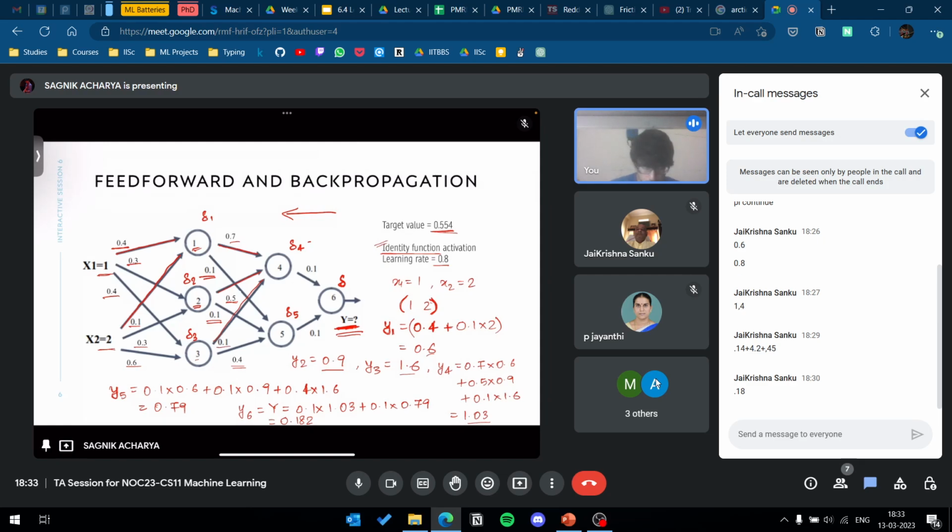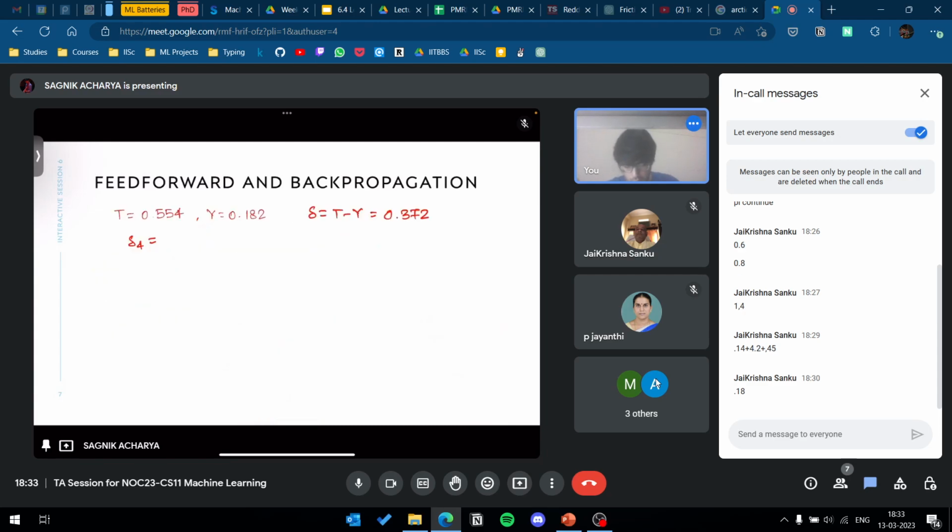So the way to do it is delta 4 will be W46 times delta, so the weight connecting 4 and 6 and into delta, right? And similarly delta 5 will be W56 into delta, right? So we'll do that. Delta 4 is W46 times delta. So this is 0.1 times 0.372, this is 0.0372, right? Delta 5 is also the same value,